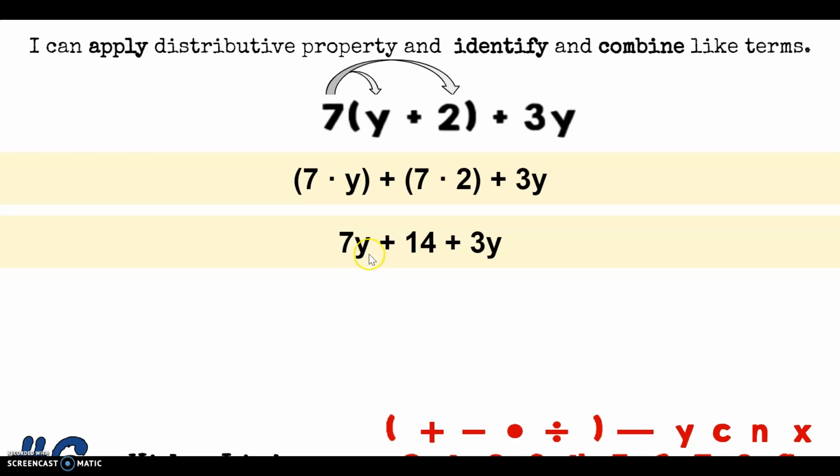Why is 7 times y 7y? Because remember we have that invisible 1 right there. So it would be 7 times 1y, which 7 times 1 is 7, and then we just add the y